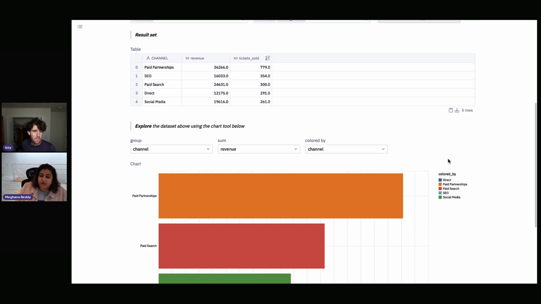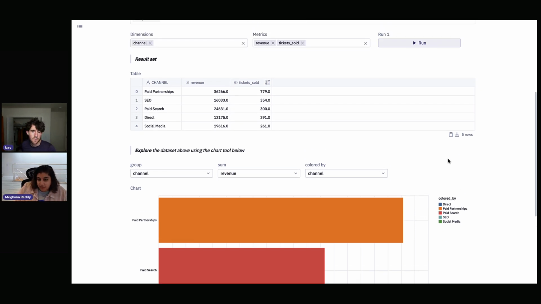And then when we look under the hood at the notebook, I can show you why that happened so quickly. That really speaks to some of the integrations with Snowflake and our ability to do pass-through queries. Here you can see the result set, and you can see that we have the channel because that's what we chose for our group by. And here we have revenue and tickets because that's what we chose for our metrics.